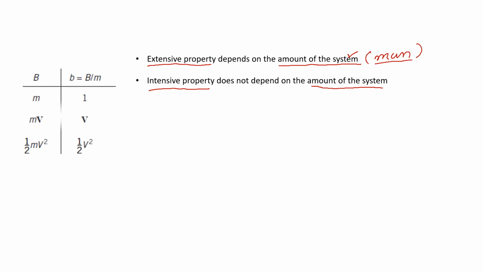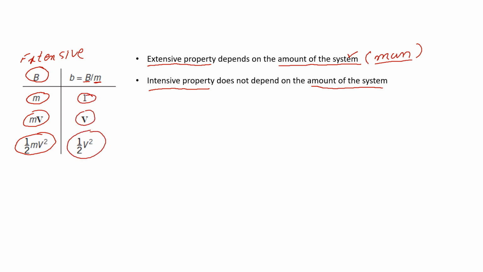Why do we need these properties? Because extensive properties here are denoted by capital B. These are my extensive properties, and here extensive properties include mass, momentum, and kinetic energy. And these are my intensive properties, which are also defined as extensive property per unit mass. So if I take the intensive properties of these extensive properties, I will get these terms. So what I'm more concerned about is extensive properties, and in this case these are my mass, momentum,